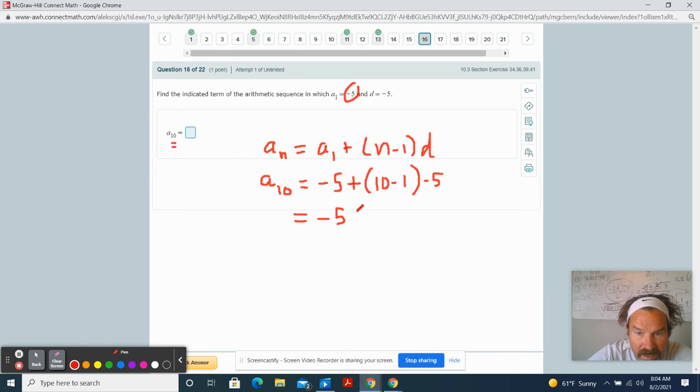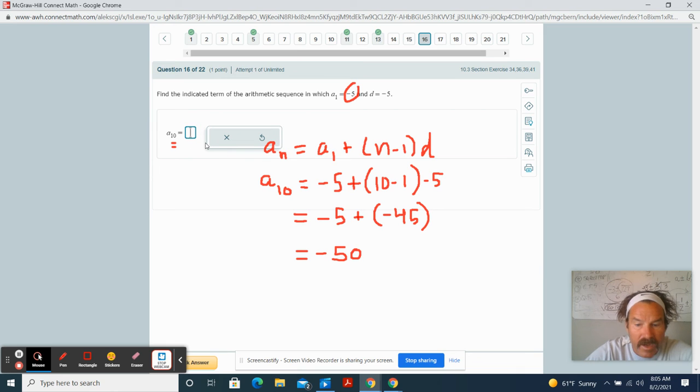10 minus 1 is 9, so it's going to be 9 times -5. So 9 times -5 is -45. And -5 plus -45 is -50. The 10th term, a sub 10, is equal to negative 50. Put that in here, negative 50. Okay. All right, last one,